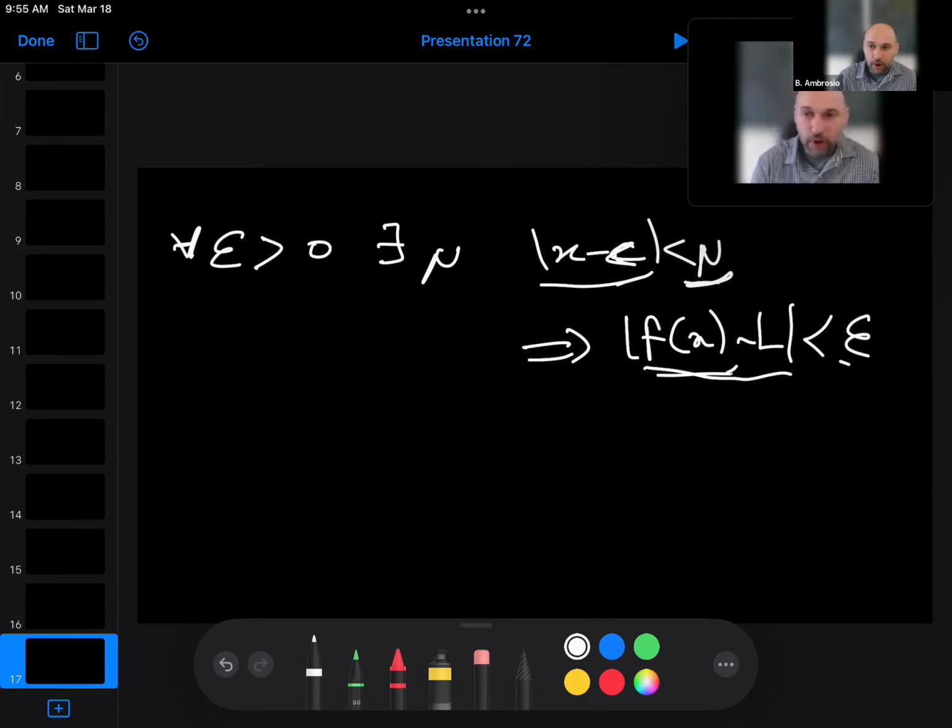Before ending the session, I just want to read some part of the book, Early Transcendentals, which I have here. So let's